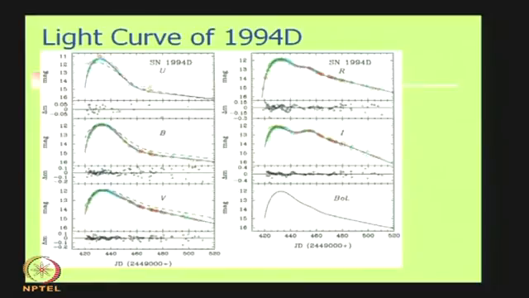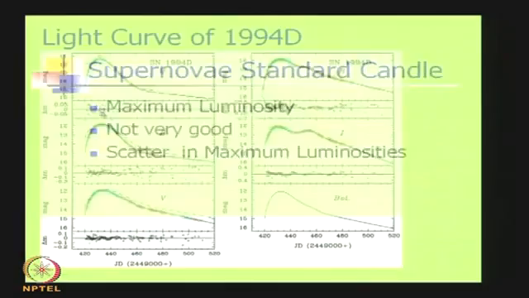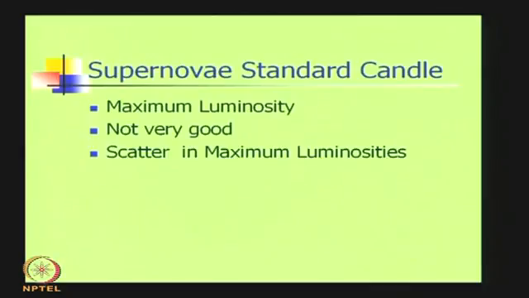Now the question is, how do we use these as standard candles? Because for getting estimates of distances we need standard candles. If you have a standard candle and you can measure the flux, then you know the distance. One idea is to use the maximum luminosity, the peak luminosity of the supernova. Well, if you do this, it is not a very good standard candle because there is a considerable amount of scatter